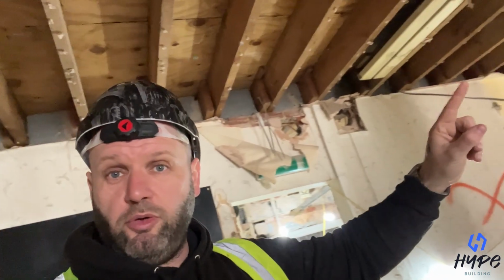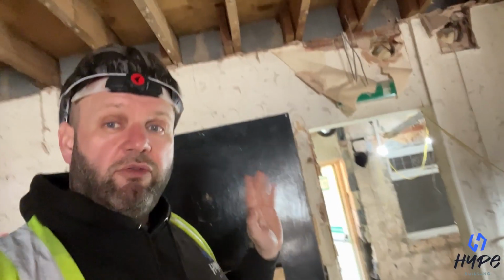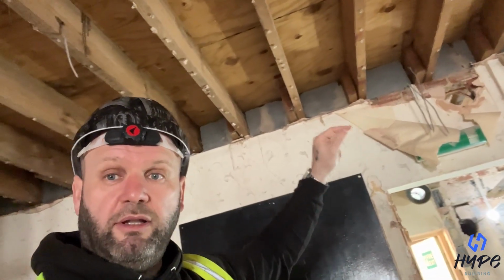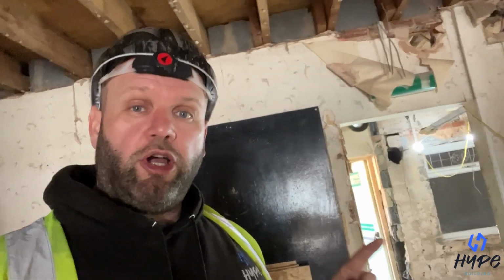So this is obviously supporting the ceiling joists, which is supporting the flat roof above. So when we remove this wall, obviously then this is going to fall, because the wall is the thing supporting the middle of the joist, because we've used two joists. We've got a couple of options,